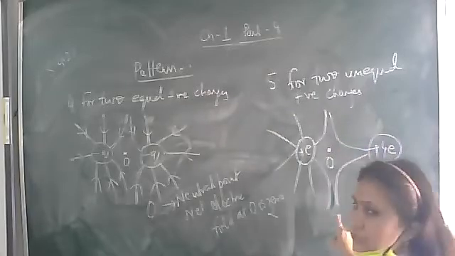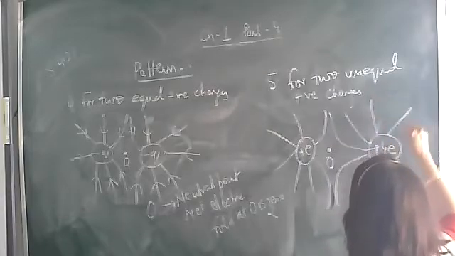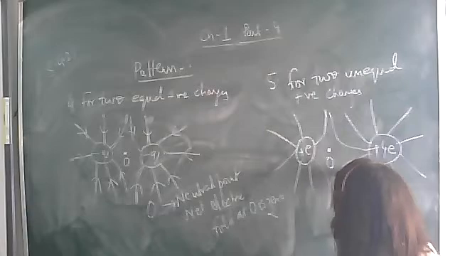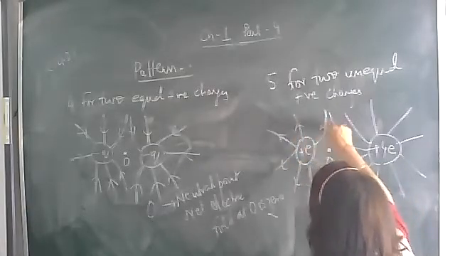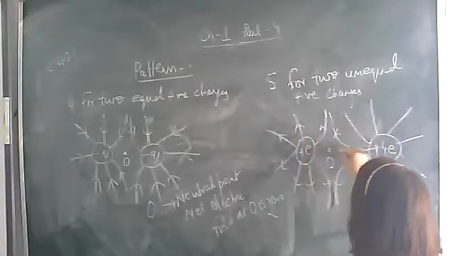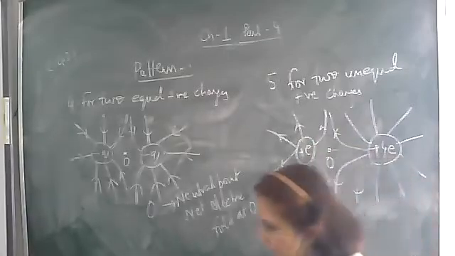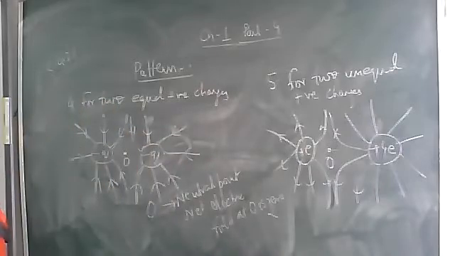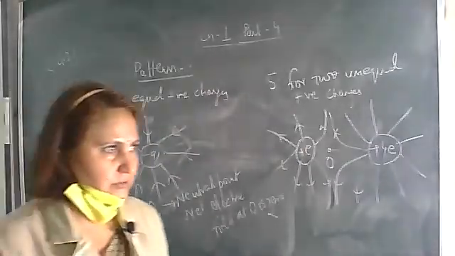and you won't intersect any two lines of forces. Okay, whatever properties you have studied, use all those properties while drawing these electric lines of forces. So this O point, the neutral point, is closer to plus E charge, the smaller magnitude charge. So the neutral point shifts close to the smaller magnitude charge.